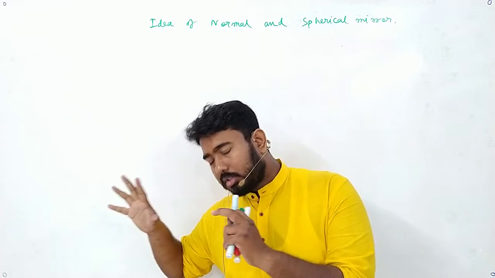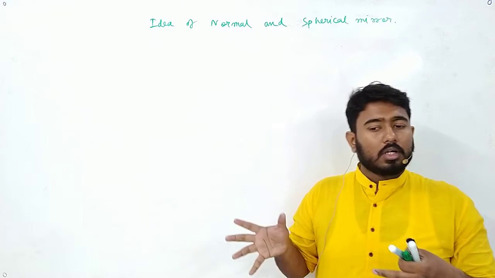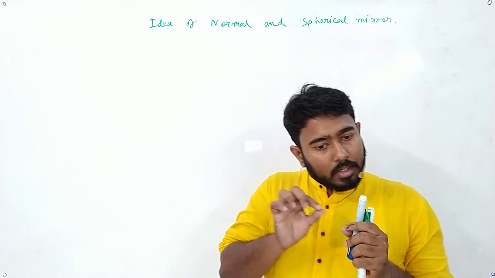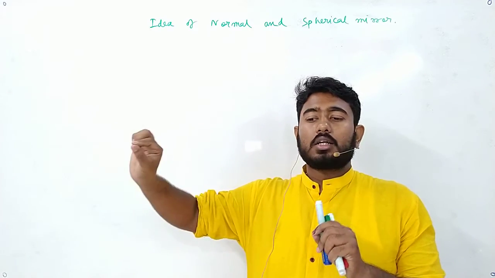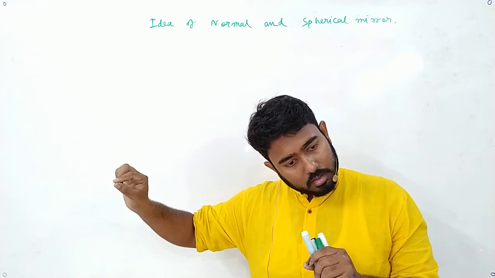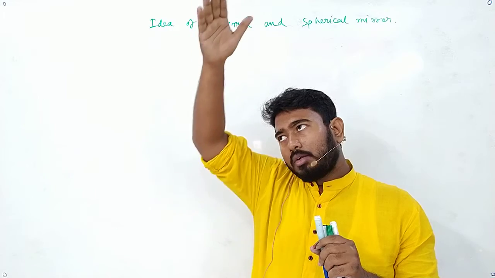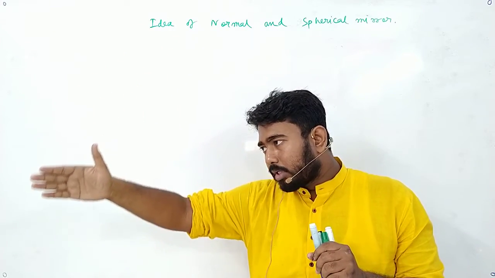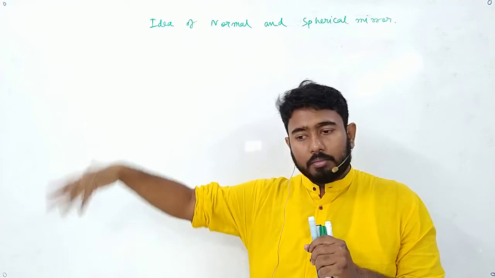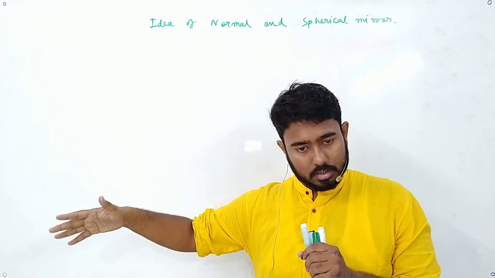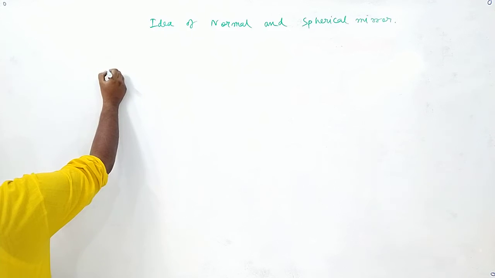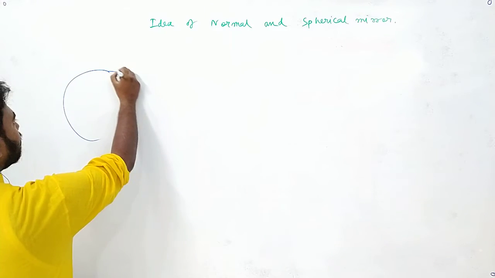Now if I don't think about that mirror, let me think about a circle. I told you one thing, did you remember? That the line joining the center and the circumference is always the radius. And if I just draw a line which will just touch the circumference and pass away without touching any other portion of the circle, that will be a tangent, right? And I have shown you how that looks. So if this is a circle,